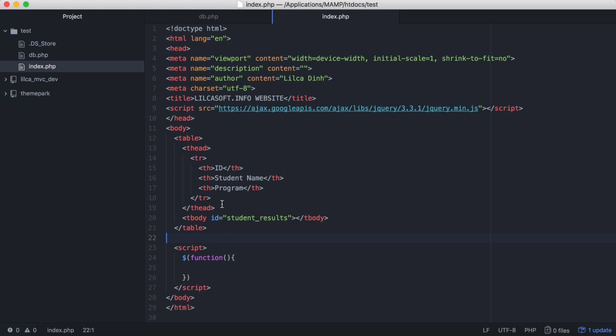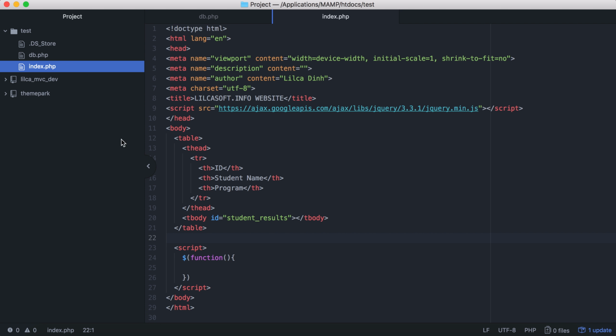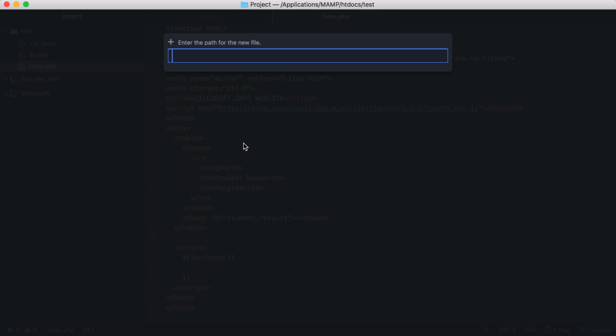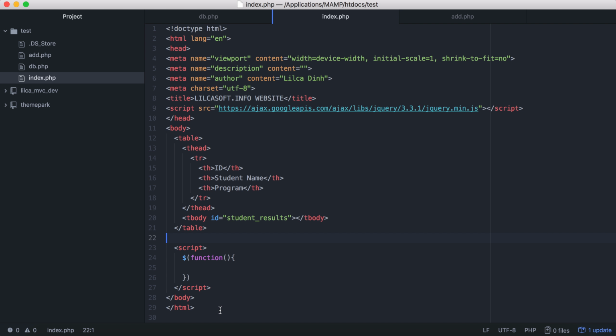Okay, so now I have a table that will show and load the student data from the database, and I also need to create another form to add a new student and program to the database as well. So I'm going to create a new file, just call it add.php, and I want to paste the whole content of this one so I don't need to code again. And inside here